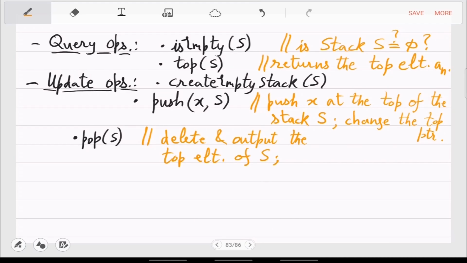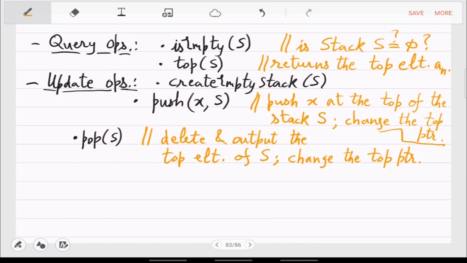When it outputs the top element, it deletes it and then changes the pointer. Is that clear? So this is the mathematical modeling of a stack.